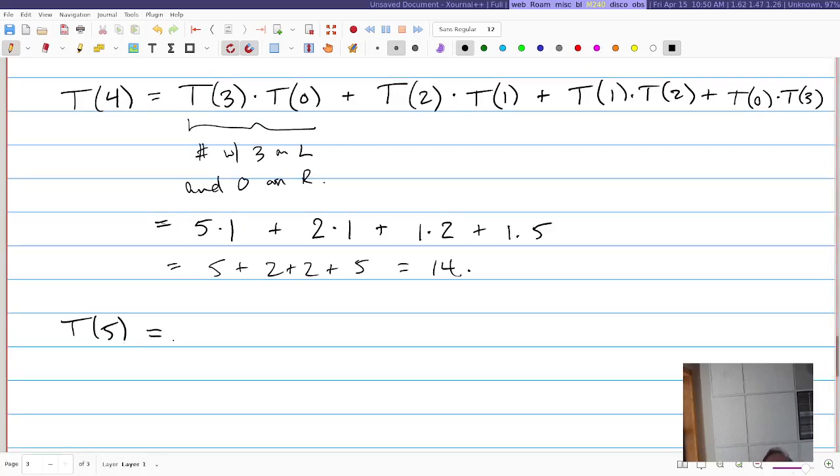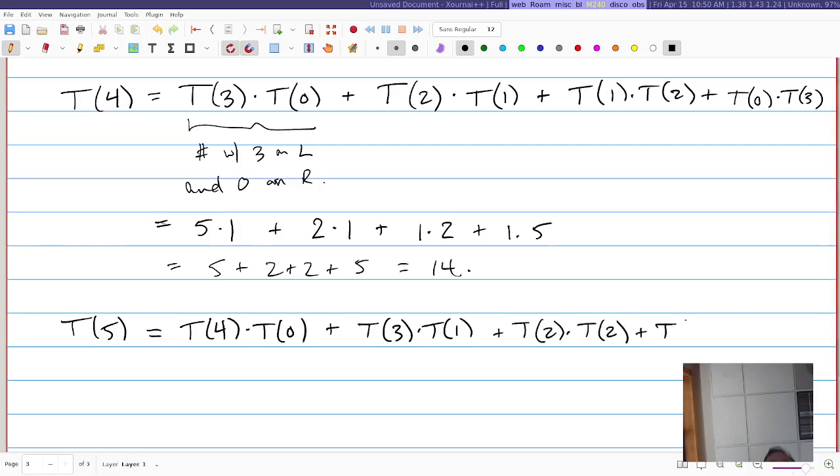So for T5, it's going to be the same pattern, right? Except now I could start with putting 4 on the left and 0 on the right. And then it's going to go from there, right? So I can put 3 on the left and 1 on the right, or I can put 2 on the left and 2 on the right, 1 and 3, or I could do 0 and 4,